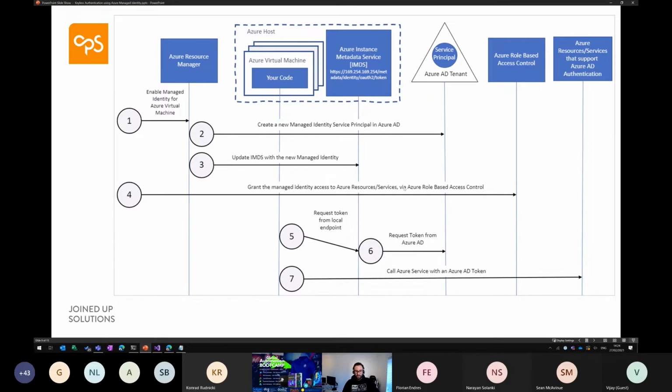The fourth point is basically assigning the permissions. So in this case, we assigned the access to the Key Vault to get the secrets. That is based in the Azure role-based access control. And then when we actually requested a token, when we set up the Logic app and said, I want you to use managed identity,